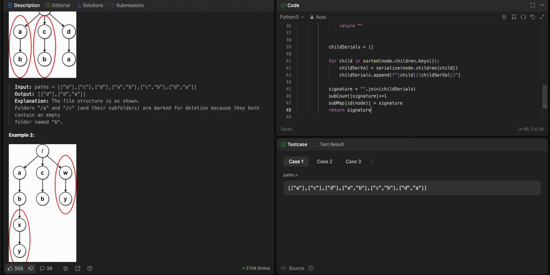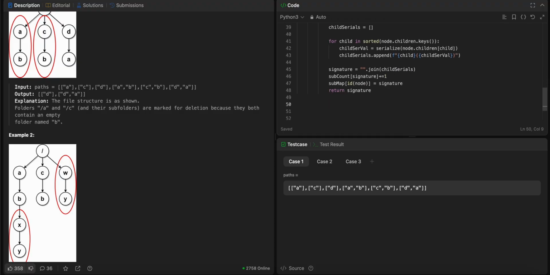And let's call this serialize function on root,